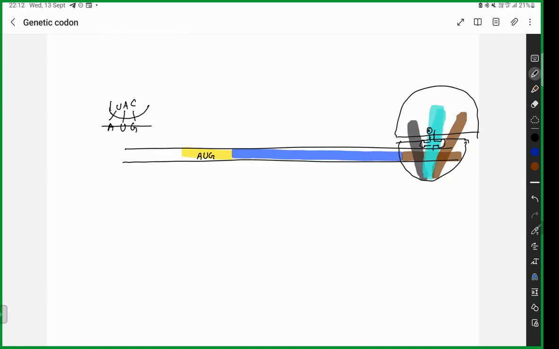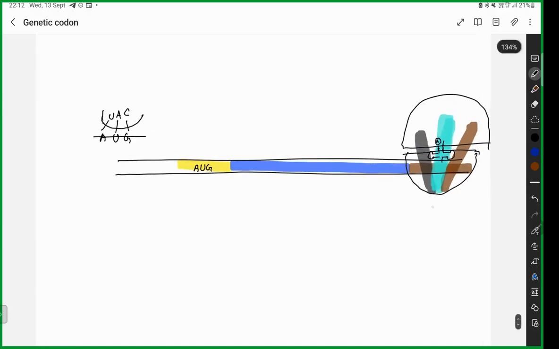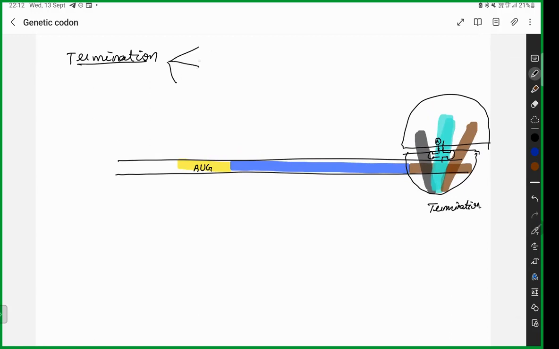So what happens is you have now moved along your codon towards the end, which is going to be called the termination site. Now, can you tell me what is the codon for the termination site? The codon for the termination site is going to be the nonsense codon. What is the nonsense codon? It is going to be UAA, it is going to be UGA, it is going to be UAG. You have three termination codons. So what are the three? UAA, UGA, UAG.